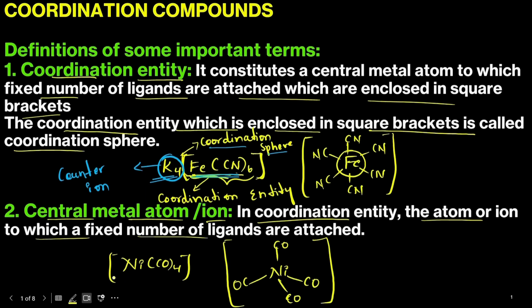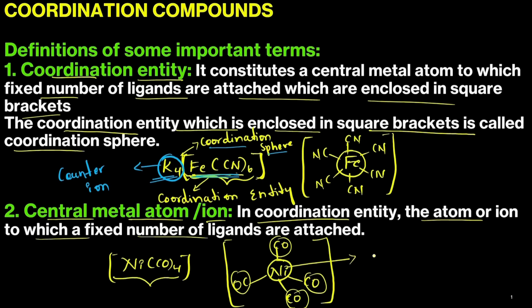Okay, we know that this is a coordination entity. So, here this nickel is the central metal atom which is attached to a fixed number of ligands. How many ligands are there? 4 ligands are there. Okay. Here the nickel is attached to 4 ligands. That means a fixed number of ligands. Therefore, this is called the central metal atom. We will take one more example, that is K4